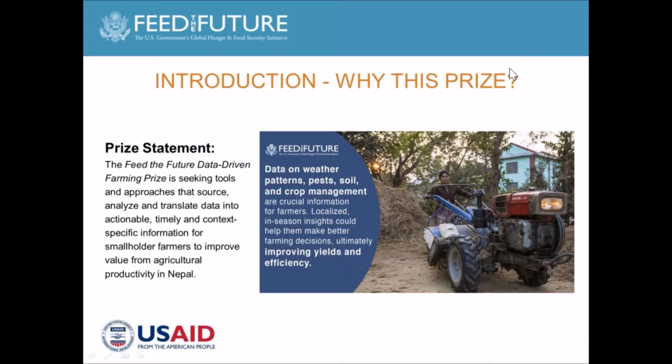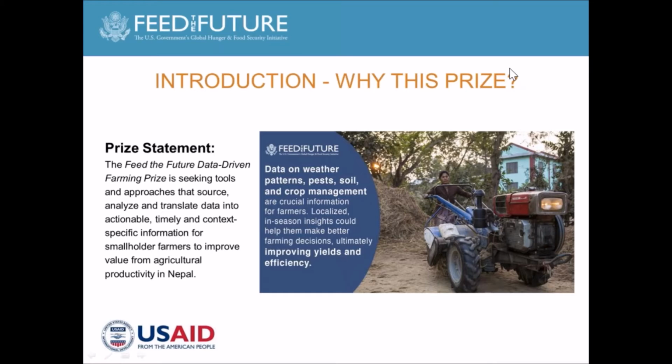One of the things that we had seen was that there were all these great advances when it came to data collection, to using things like geospatial information, weather information, soil information, on-the-ground information through farmer surveys. There have been these great advances in this data collection methodology, but rarely did we see that data being translated into actionable information for the smallholder farmer or for intermediaries that work with smallholder farmers. Oftentimes that data was collected, lots of resources were invested to collect that information, and it usually just sat at that researcher